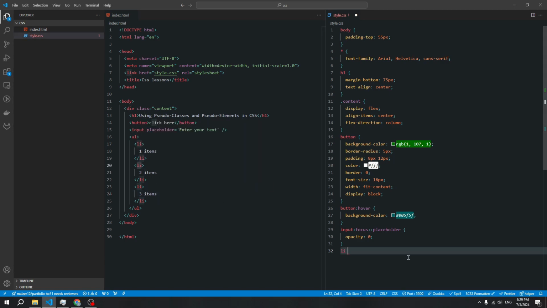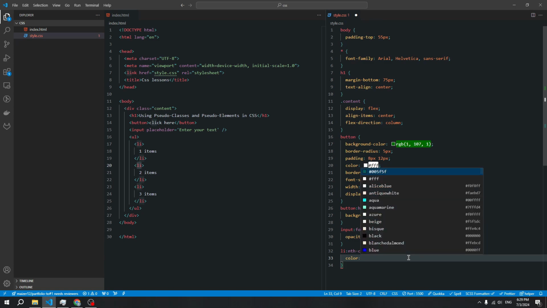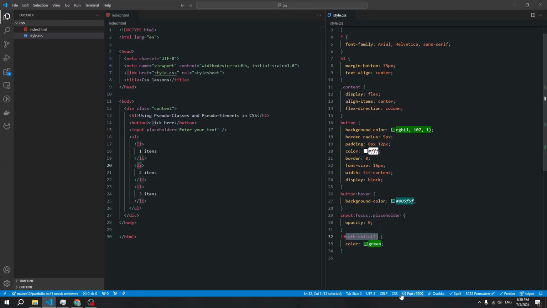Copy our li and use nth-child. Here we can add a word or numbers. I'll be using a number, and let's try to change the color for our 2nd element. Add color green. Like you see, our 2nd element changed color. It's a very useful pseudo-class because sometimes we need to add styles for special elements, but we also have other pseudo-classes like